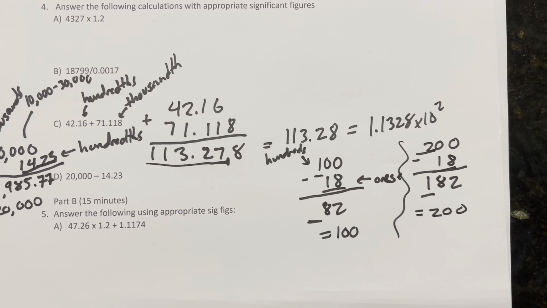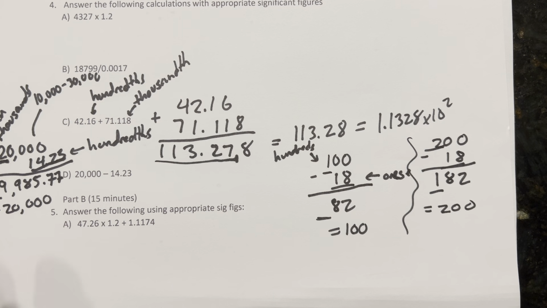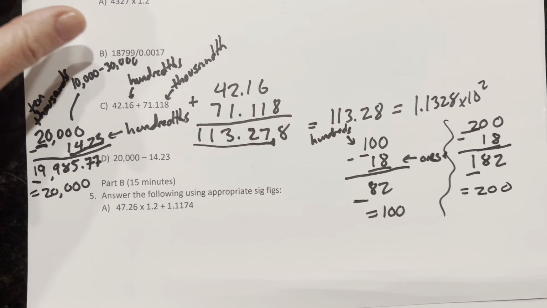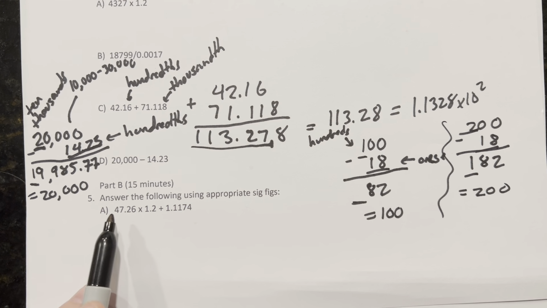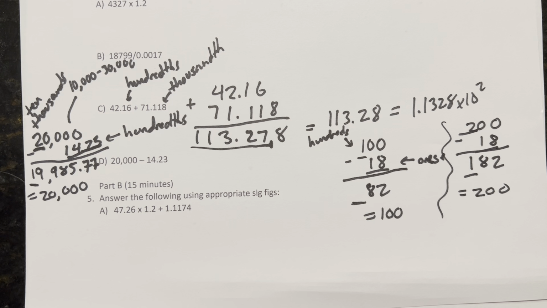All right, time to move on. So in part B, now all of a sudden we're combining things, and we have to pay attention when we combine things using PEMDAS rules. So whatever you would do mathematically first, you need to pay attention to the sig figs or the precision in that particular area. So this first part, if you were to do this math problem, you would do multiplication first,